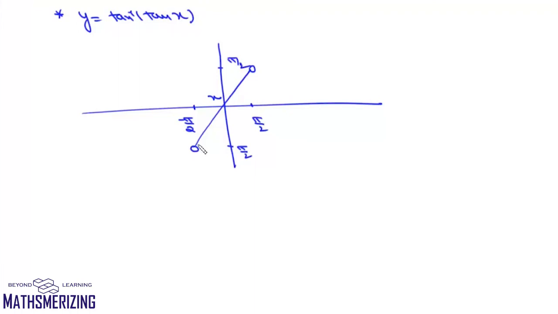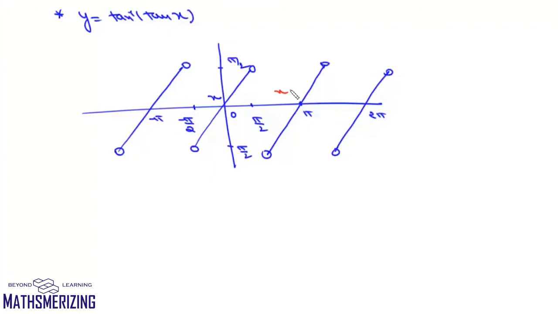Now for tan inverse as well as for cot inverse, we won't take zigzag lines, we'll take parallel lines. So all we need to do is draw parallel lines. So that is the graph of tan inverse of tan x. Now this is 0, this is pi, this is 2 pi, and this is minus pi. Now we can write this definition also. For all of them, the angle is 45, so all of them will be x, and then this is x minus pi, this is x minus 2 pi. This one will be x and it'll intersect above the x-axis, so it'll be x plus pi. So this is how we can write definitions for tan inverse of tan x.